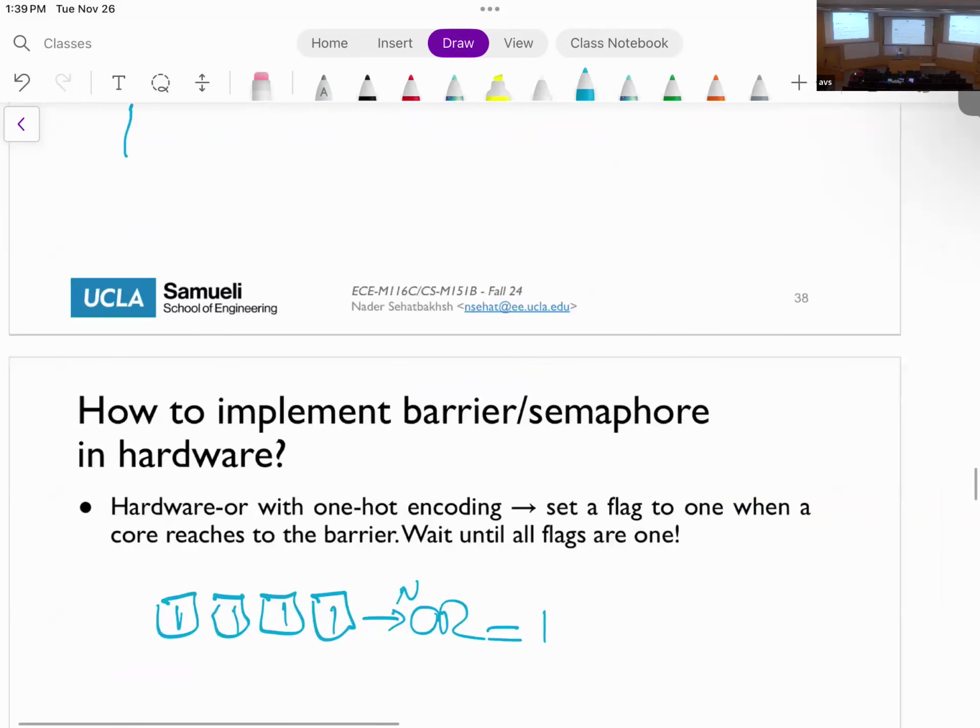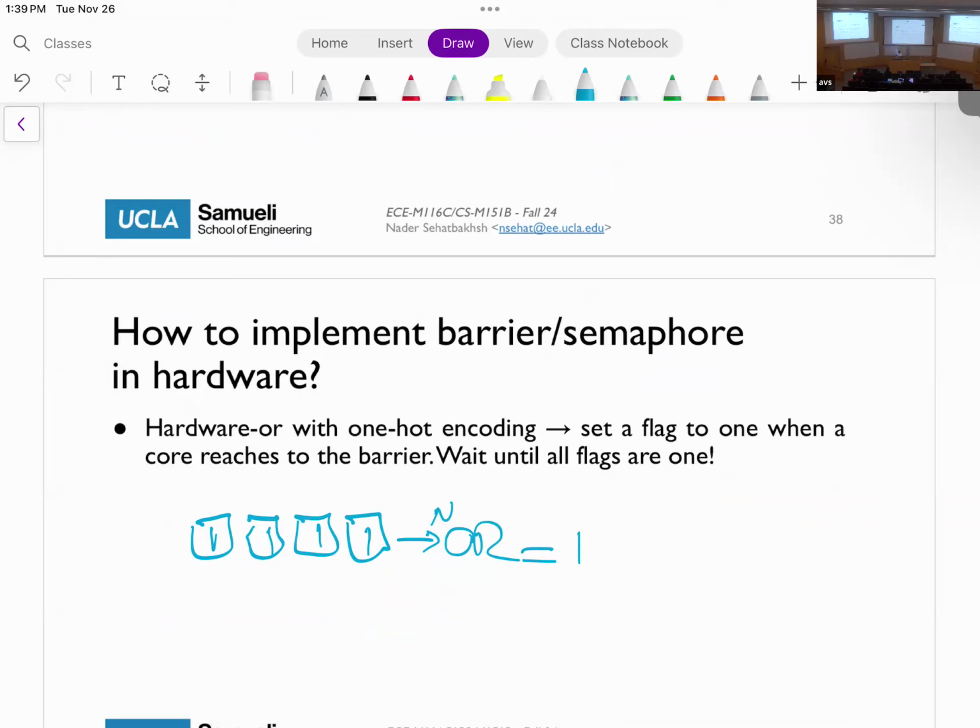So this is kind of like the producer-consumer. It can be. So it's called hardware OR. The hardware OR is essentially when all of the flags become 1, the value becomes 1. So this is what you usually call it. Think about this, these are all wires, and when all the wires become 1, then the final value becomes 1. So this is usually the definition. Yeah, and logically equivalent is an AND.